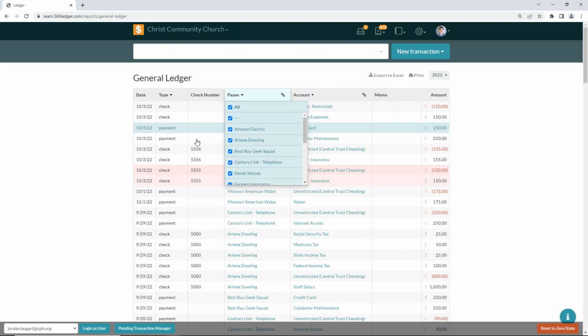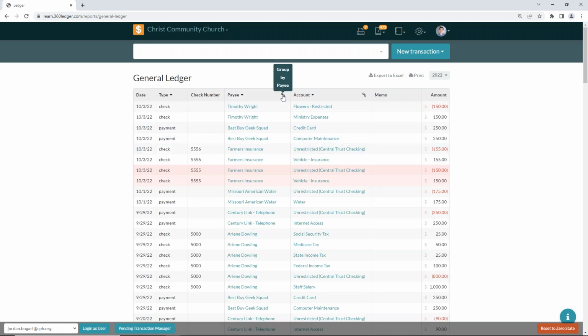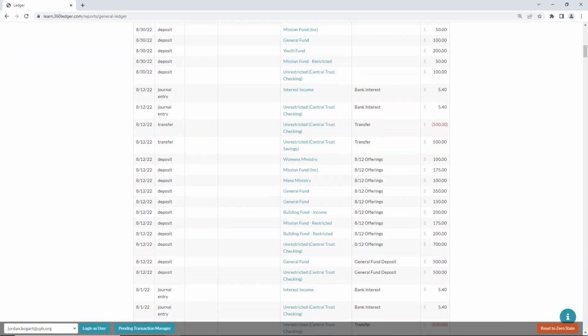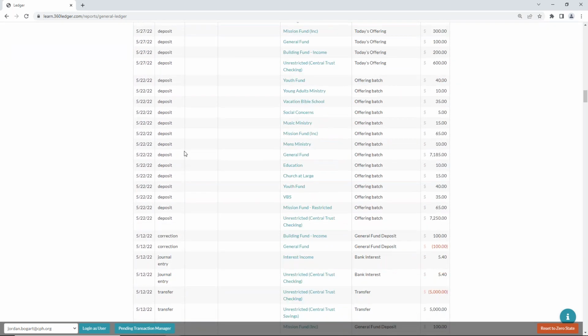Now, another option we have is to group by payee. If I click group by payee, what this is going to do is still going to be showing me all my transactions, but instead of organizing this by date, it's going to sort our transactions by payee. So up top, I'm going to see all my transactions that don't involve a payee. So this is going to be a lot of deposits mostly. But if I scroll down through here,